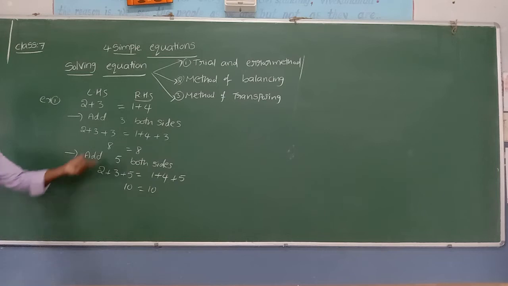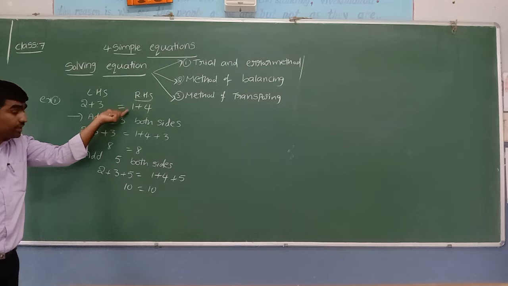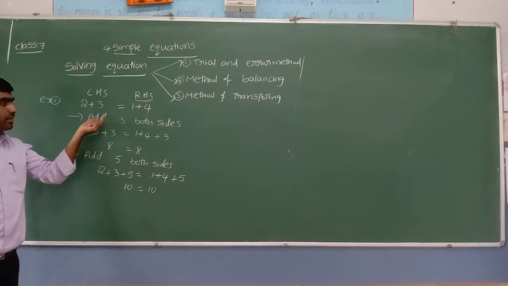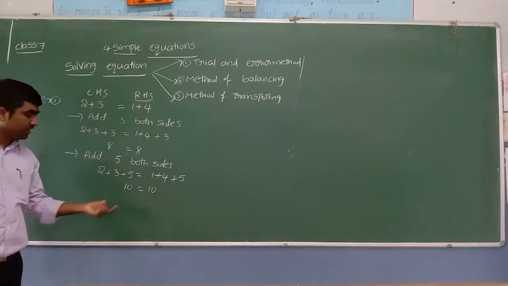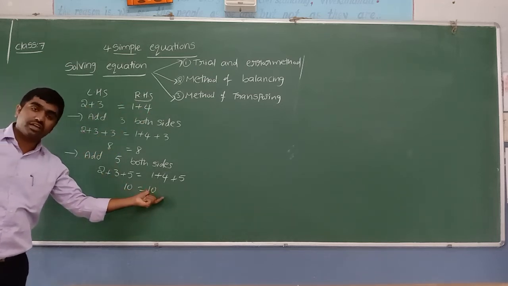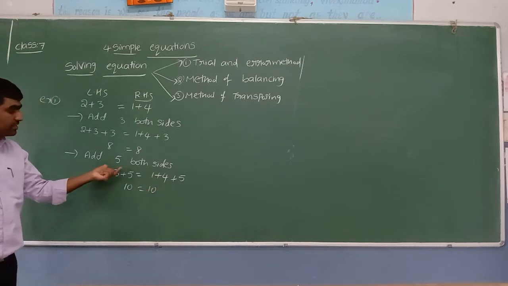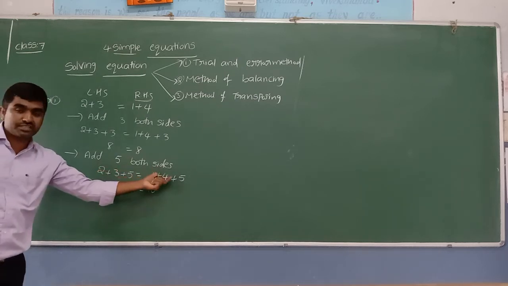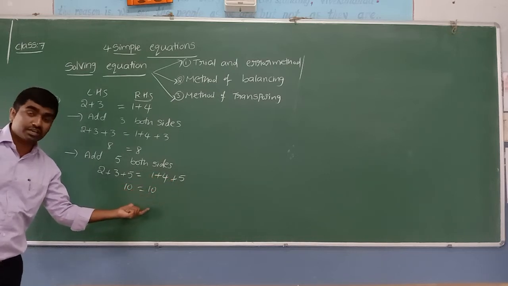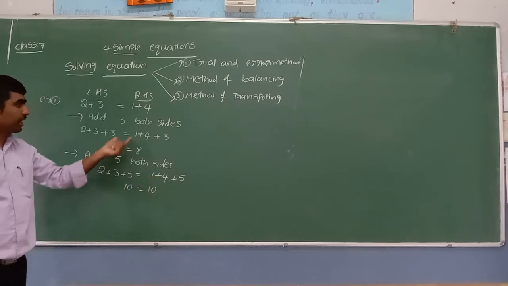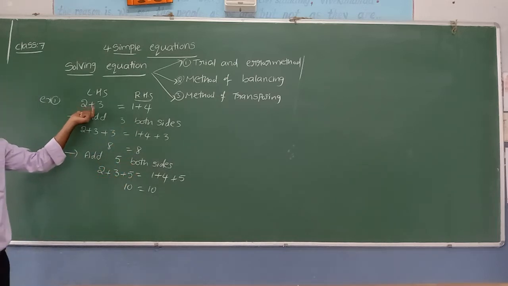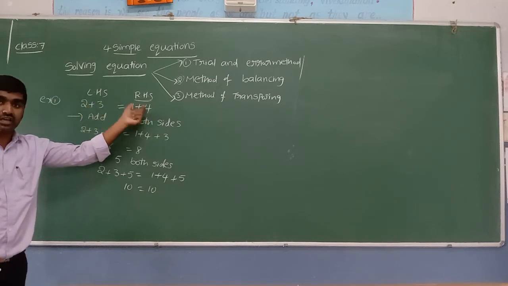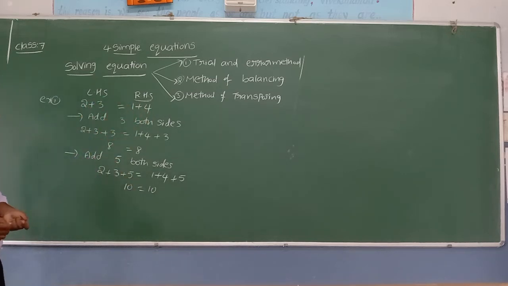Yes. Now from this what can we conclude? When it is a true statement, when equality holds, by adding the same number to both the sides, we can see that both LHS and RHS are equal. So by adding the same number to LHS and RHS, the result is also equal. Not only by adding 3 or 5, we can add any number, and by adding any number to LHS and RHS, the result is also equal.